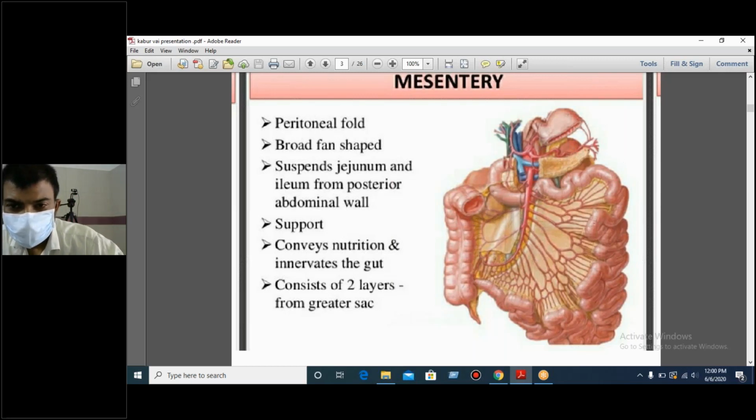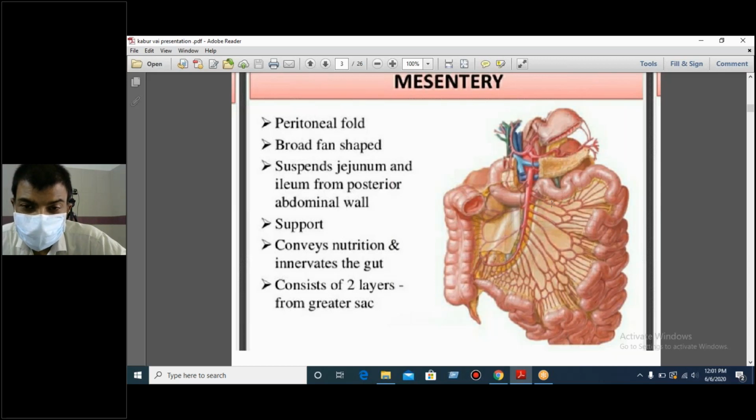Those of you from the village have seen the fan made up of ribs. This fan-shaped peritoneum suspends the jejunum and ileum, and it conveys the nutrition and innervates the gut.